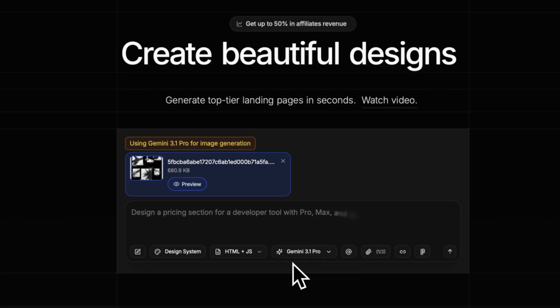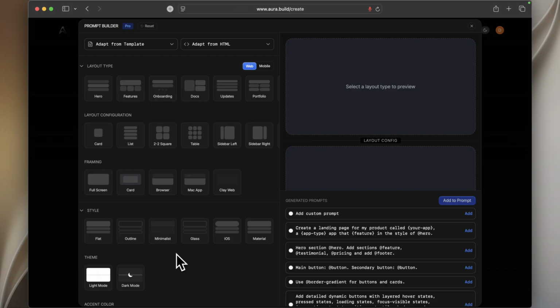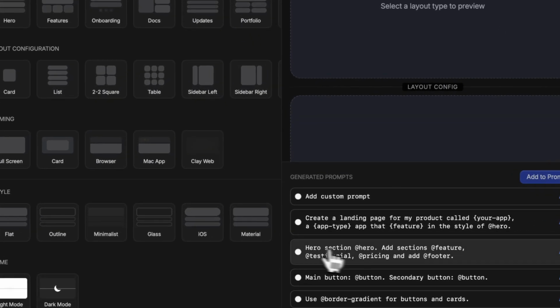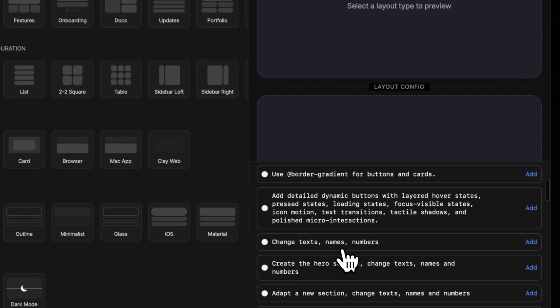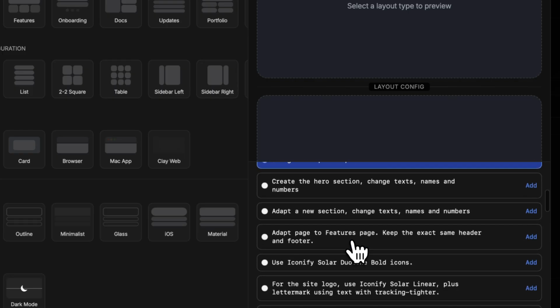Before generating, I want to add a few extra prompt instructions, so I'm going to open the prompt builder. One important option here is change text, names, and numbers. I want to select this because I don't want Aura to recreate an exact copy of the attached landing page. I want the structure and visual direction, but not the same brand or same content. Then I'm going to scroll to the bottom